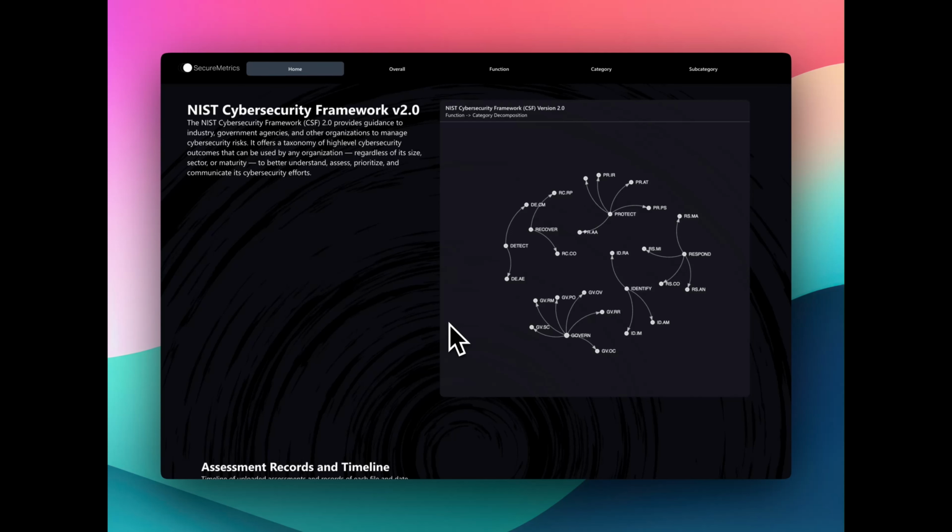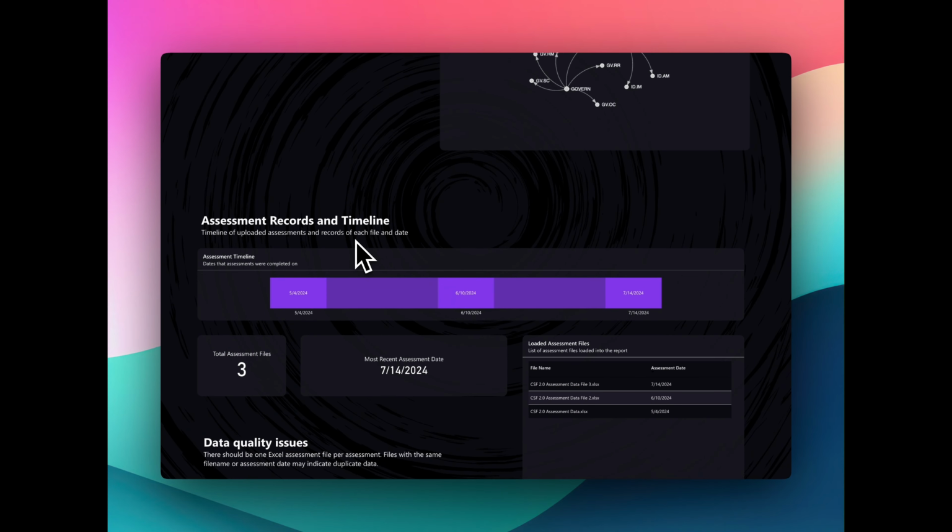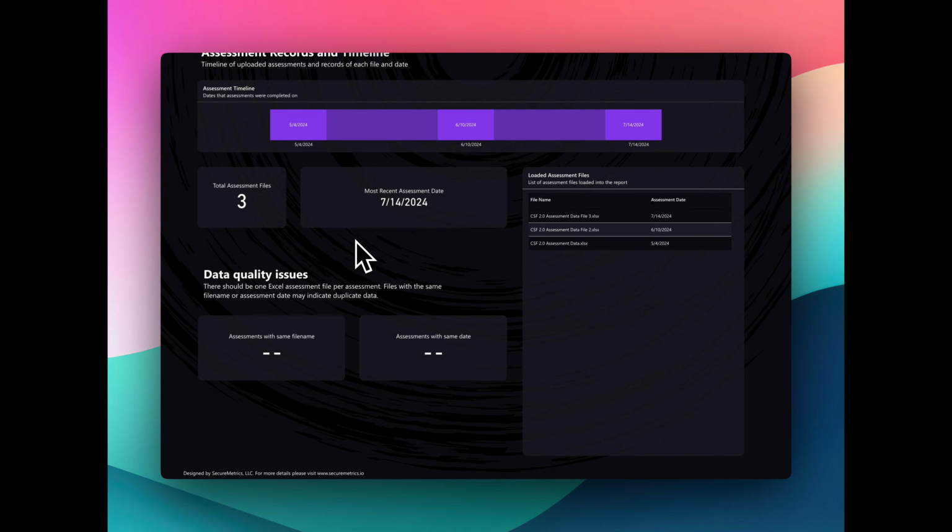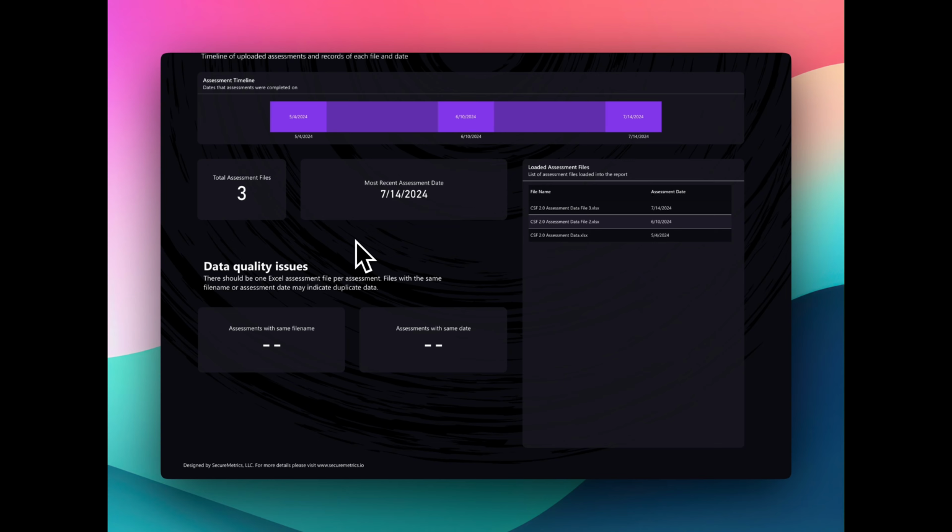Today, we're going to take a look at the Secure Metrics NIST Cybersecurity Framework version 2.0 Power BI template. We start off with an overview page that overviews both from a text perspective as well as a map of the framework. And then there's also an assessment records and timeline section here, which will show you what is the